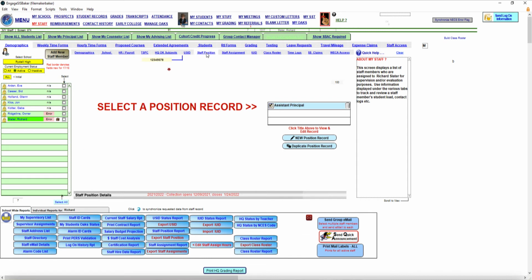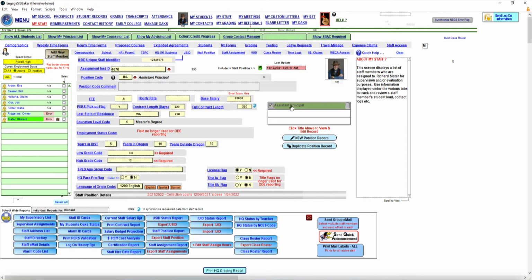You will see if there are any records created for staff position for this particular user, a portal that lists all of the staff position records for this person. If that record has a checkbox beside it, it means you have set the record to be exported or included in the staff position report. To edit the record, click on the record title itself,